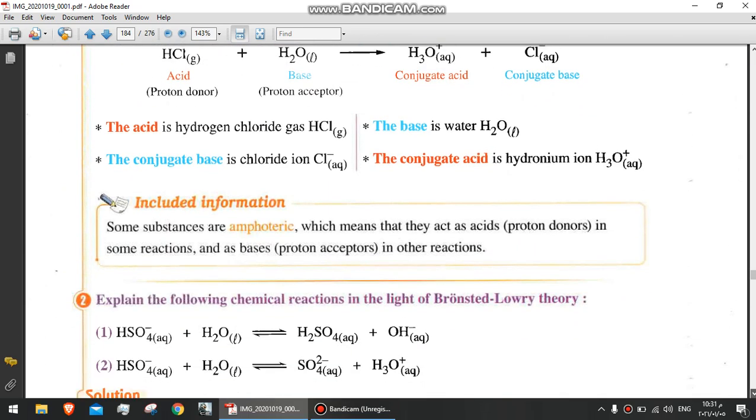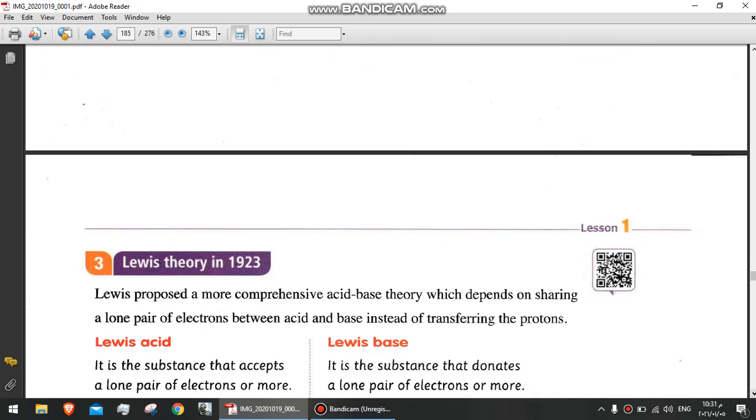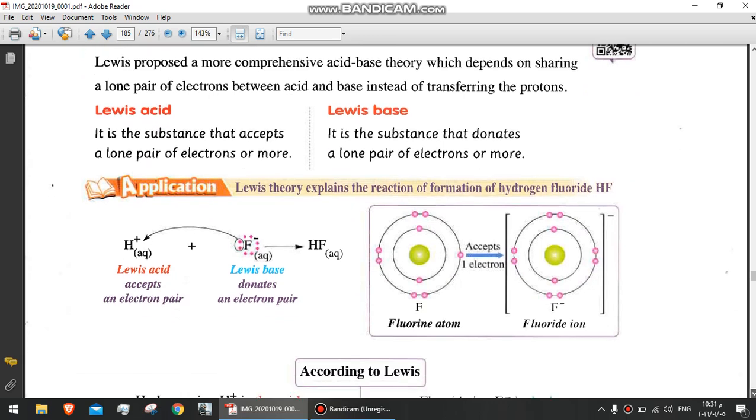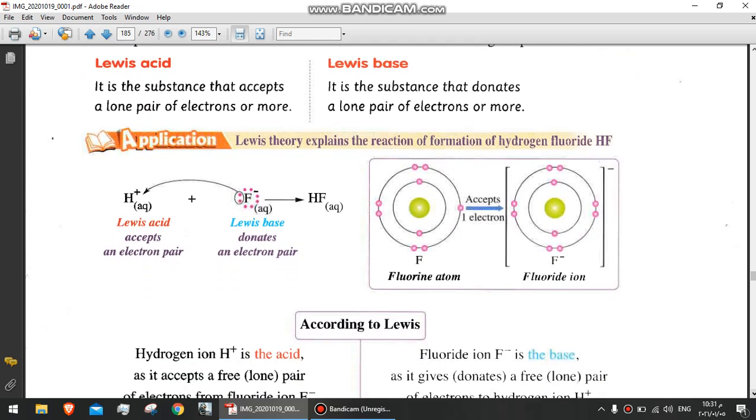Now, the last theory, the Lewis theory, which defines the Lewis acid and the Lewis base. A Lewis acid is a substance that accepts a lone pair, while a Lewis base is a substance that donates a lone pair of electrons. And in the following application,